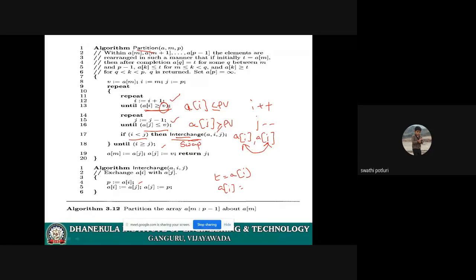See here, first we are calling the quick sort algorithm. Are you able to see the quick sort algorithm now? Again, I am repeating the same. So the quick sort algorithm involves the partition algorithm. In partition, we are dividing the elements based on the pivot element. Whenever partition comes, we are moving to the partition algorithm. Here we are assuming the first element as the pivot element. So V acts as the pivot element. V equal to A of M, we are storing the pivot element, and I equal to M